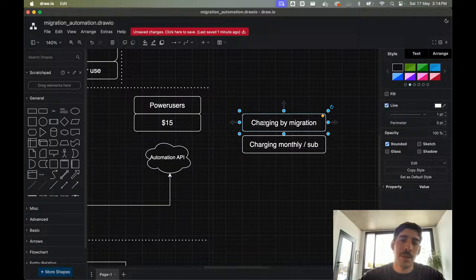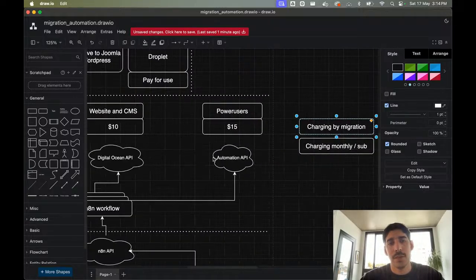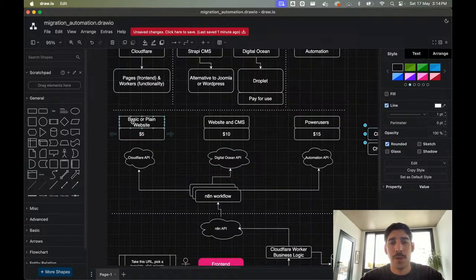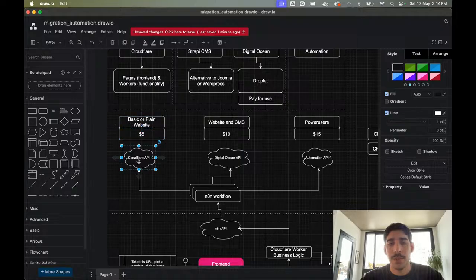But I feel by migration makes more sense. That way, if you want to migrate a very basic site, you do it there.